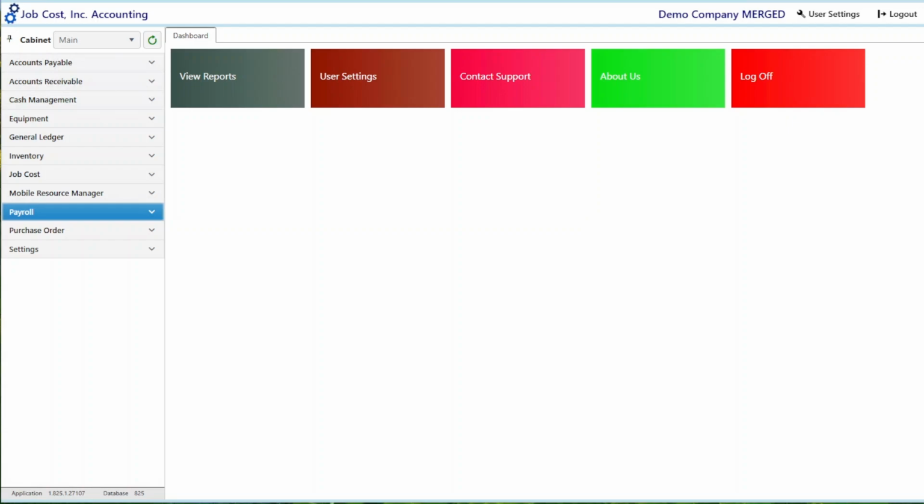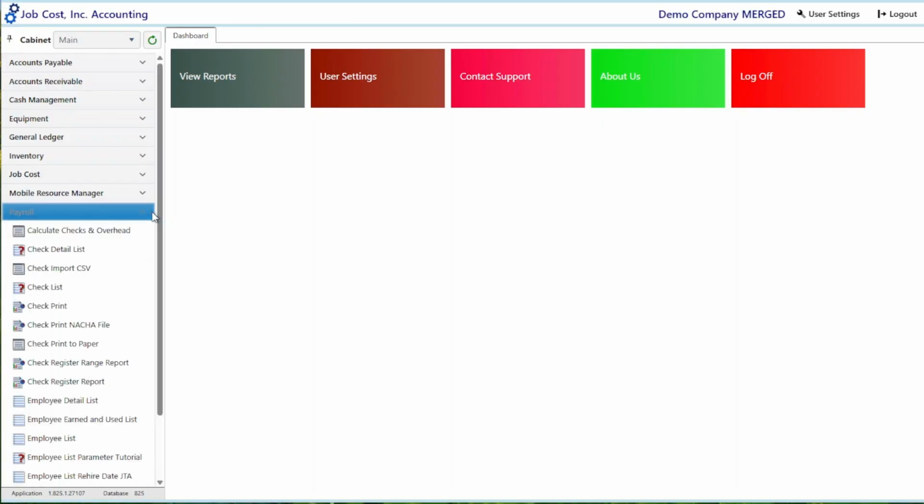Now that you have entered your time cards, calculated checks and overhead, and reviewed the check register report, it is time to create the direct deposit NACHA file for payroll to send to the bank. In the main cabinet, go to Payroll, click on Check Print NACHA File,